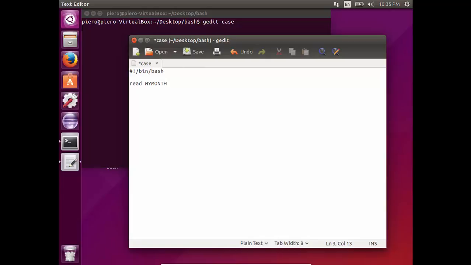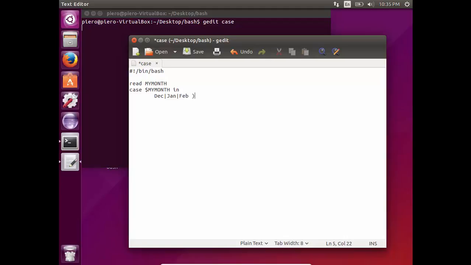We're not going to declare it because we're going to be entering a string, so just calling it by month is fine. Here's where the syntax is important. We type case to indicate that we're going to be using case. Then we type $month. And we're going to say if it's December or January or February,